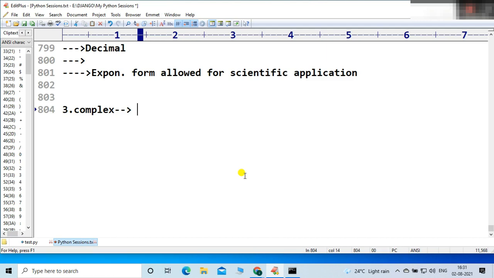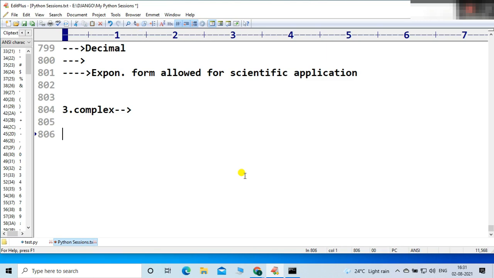In mechanical also it is used, but it is not present in C or Java, but it is in Python, friends. Python provides this facility. So let me discuss the complex data type.